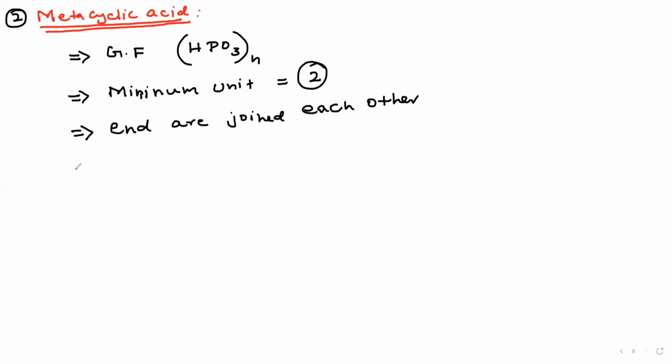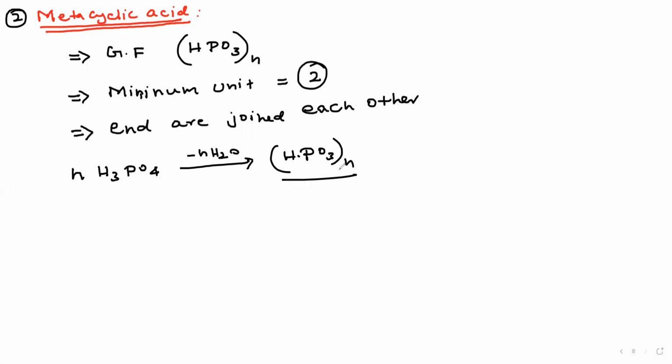Okay, now listen. I take n H3PO4. Same, I remove a water molecule. I remove n H2O. So what is the formula I get? (HPO3) n times. This is a formula. This is cyclic, right? Now I give you one example. See the example: phosphorus and double bond O, here OH, here OH. These are ends. Okay, these are ends.